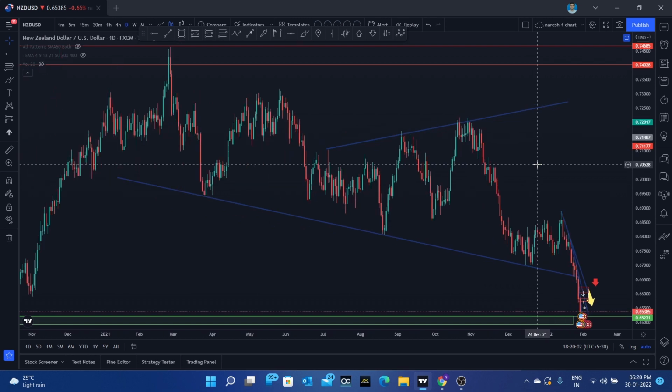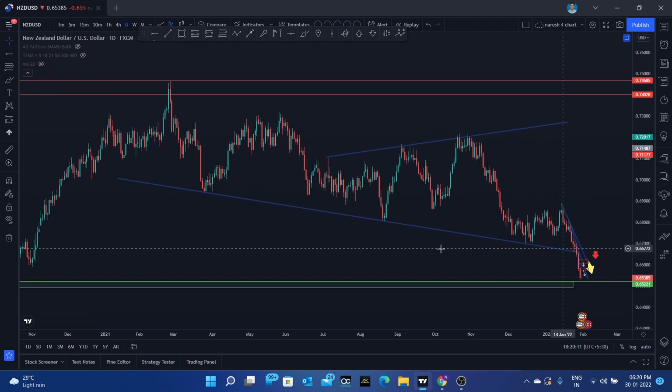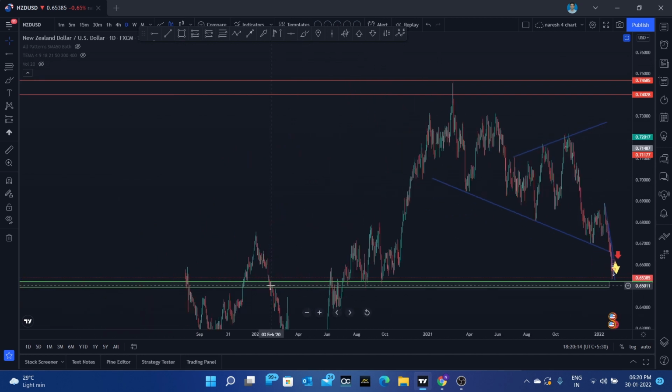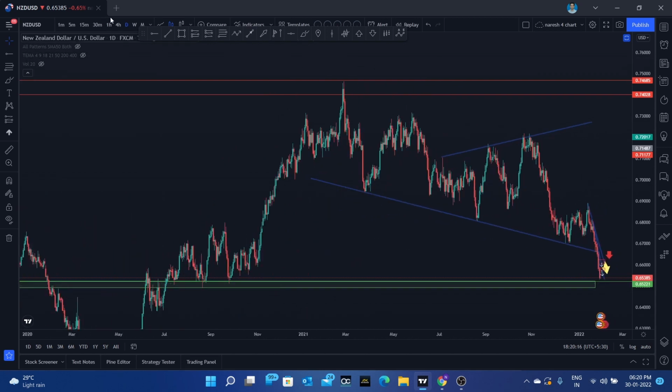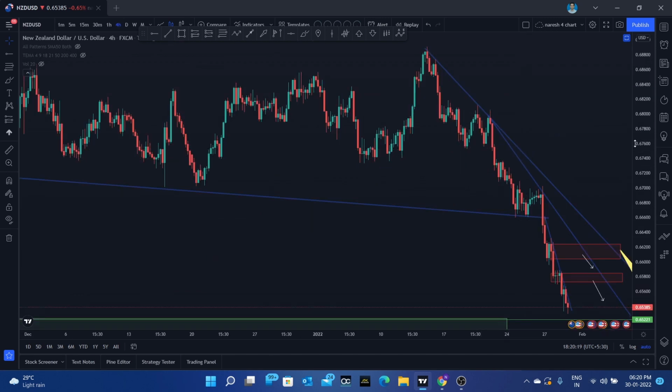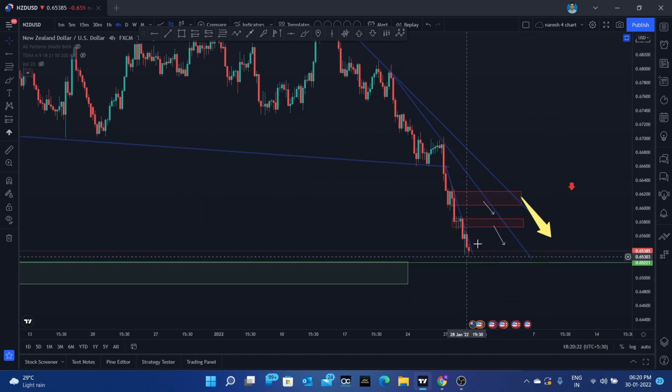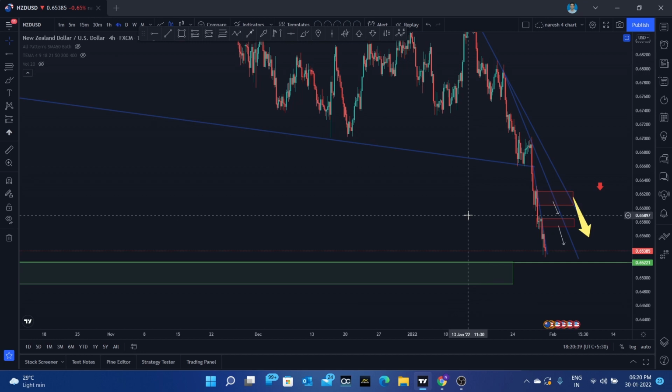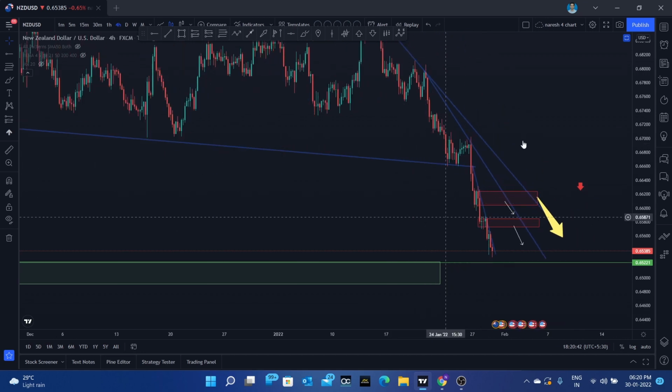In NZD USD, you can see it is in a downtrend and it formed a flag and pole kind of pattern and broke down, and it is in very good momentum, guys. You can see here it is coming to a major support area. So what we are expecting this week is the price would come to this area and take some kind of pullback to this zone or this zone. If it is respecting this zone and making a good short pattern, you can go for short here, and if it is holding here, you can go for short here, guys. That would be the trade for NZD USD. So majorly you can go for short entries in NZD USD, guys.